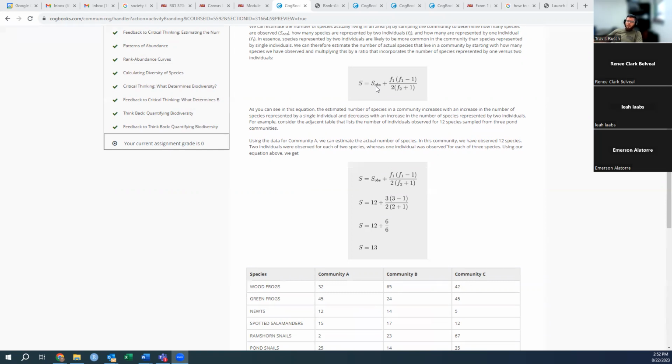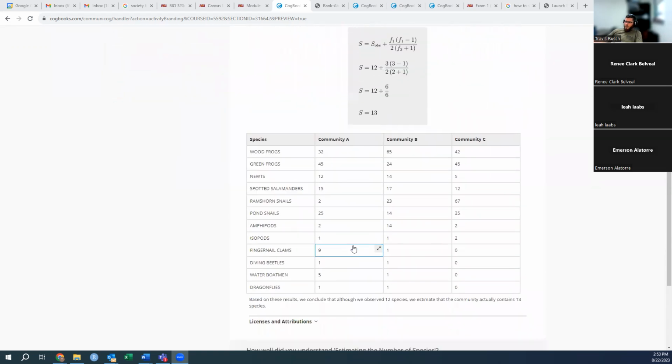And how, this is not a trick question, it is meant to be simple. How do we know from a table like this if we observe the species or not? That is, how do we count the species observed? Right? There's 12 species listed here, but does every community have 12 species observed? No. And how do we know they're not observed? Because they have a 0 by